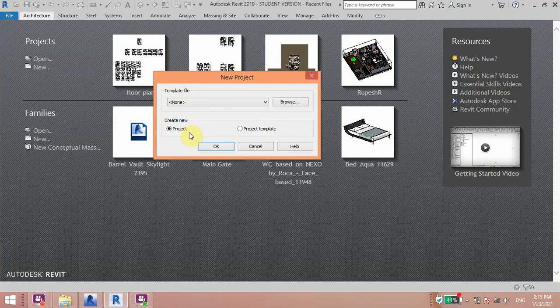Project means RVT, project template means RTE. If you want to save in a template file, click Project Template. If you want to save in an RVT file, click Project and then click OK.